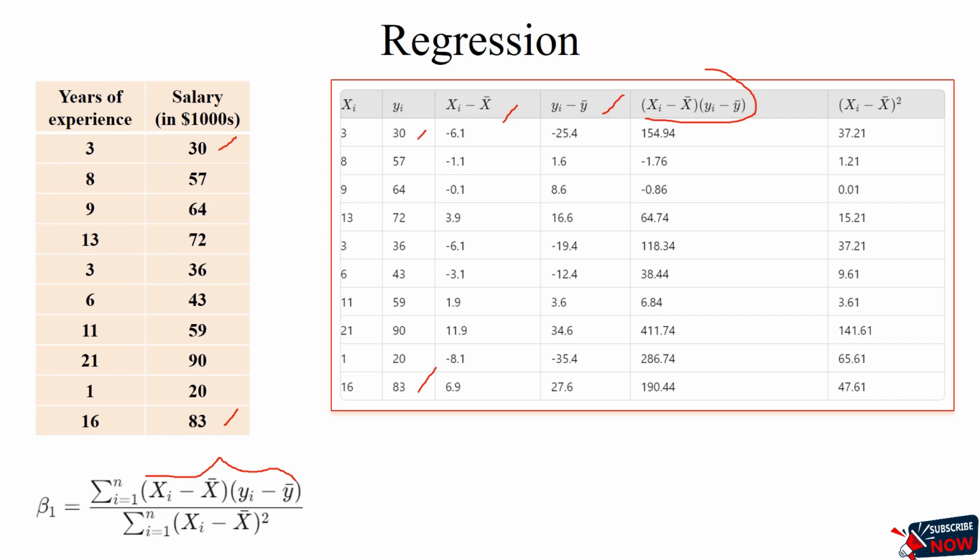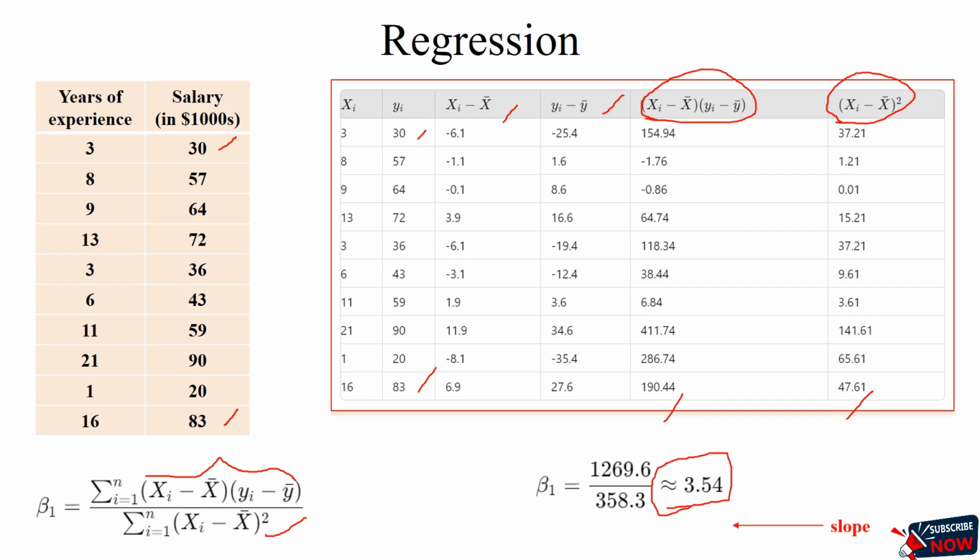We are computing it separately for each of the data points, and xi minus x bar the whole square, that's again computed for each of the data points, and we sum up this separately and this separately. Once it is calculated, we can find out the beta 1 value, which is approximately equal to 3.54. Once this is found, the slope,